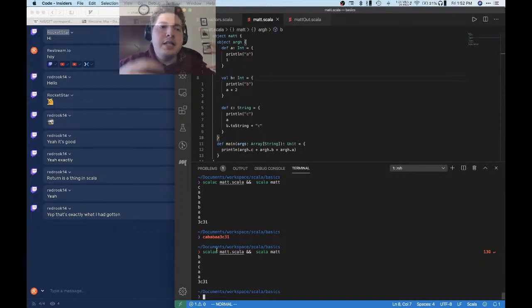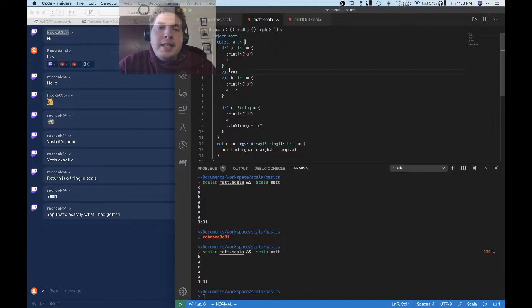This is the first weird thing that I noticed when you gave me the code. How can it print B first? The reason is that this is a val and it's not a function. So this code is run immediately, as soon as it sees this object. You could think of it almost like an initializer. If I have an object or a class that has some members inside it, like val v equal to 3,